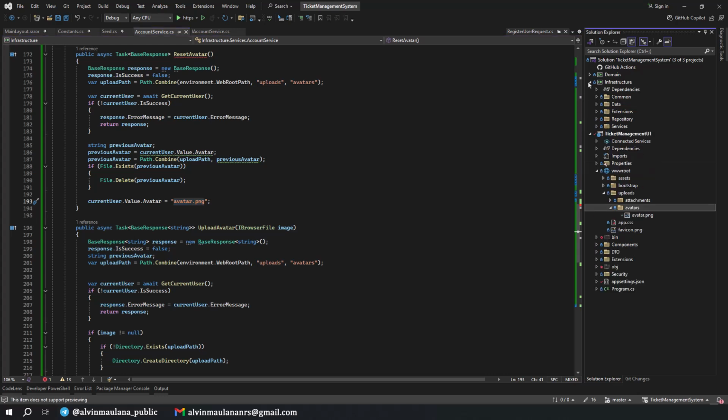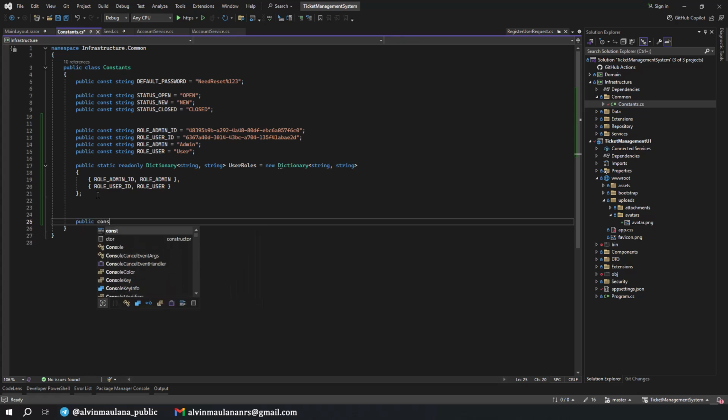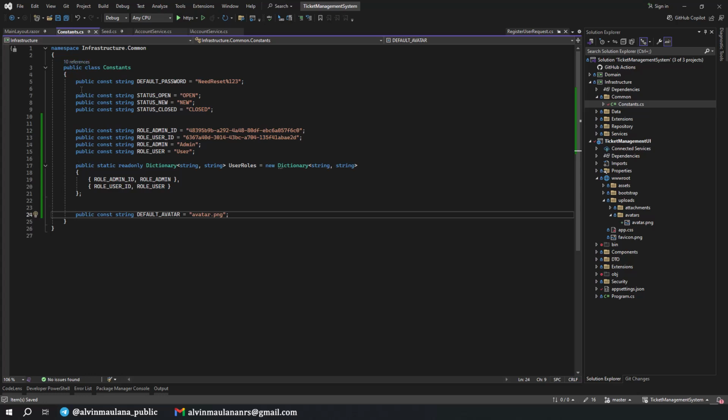Where is it? Infrastructure, Common, Constant. Let's have here a public constant string DefaultAvatar.